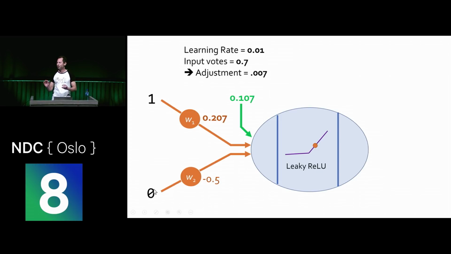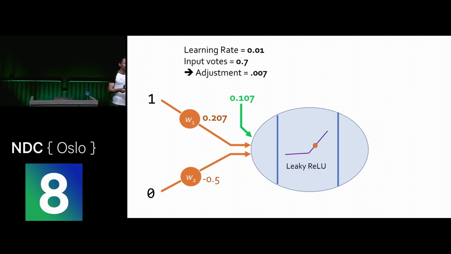Remember, we don't make adjustments unless it's actually going to help us, because all we'll do is mess it up for the other training samples. So we've done that training sample. We've made some changes to the weights and biases. We just keep repeating that for all of the training samples over and over, and that's all there is to training a neuron. We've covered the whole algorithm for stochastic gradient descent.